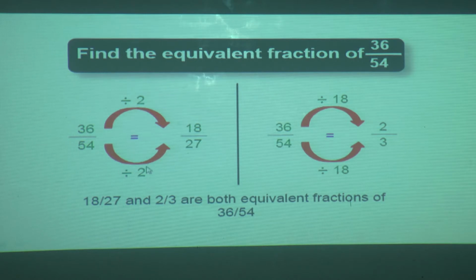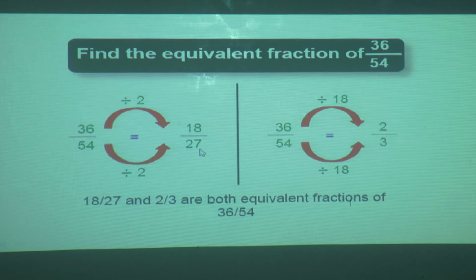Why are we dividing both by 2? In the previous sum also we saw that whatever we take in the numerator or the denominator, the same number should be there in both places. So if you are dividing by 2, 54 should be divided by 2 as well as 36. If you don't know the answer, I told you many times you can go for practical division, but here we don't have two large numbers, so you know the table. So 36 divided by 2 is 18 and 54 divided by 2 is 27.